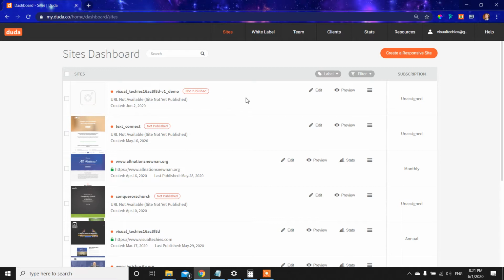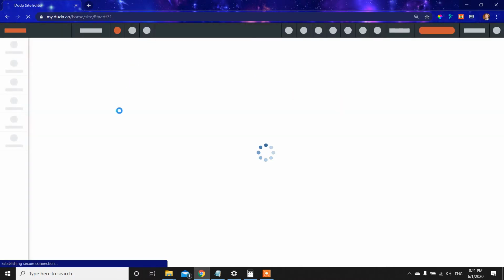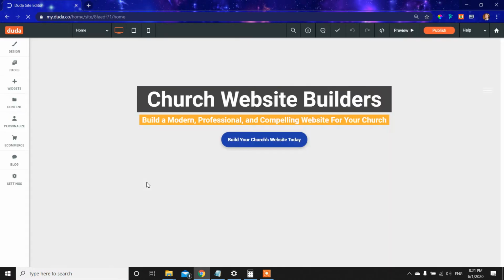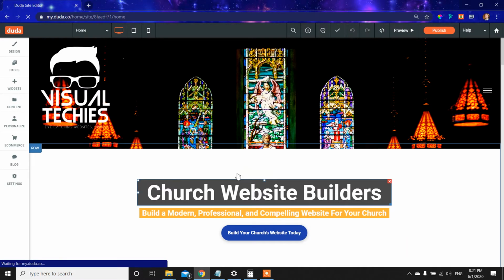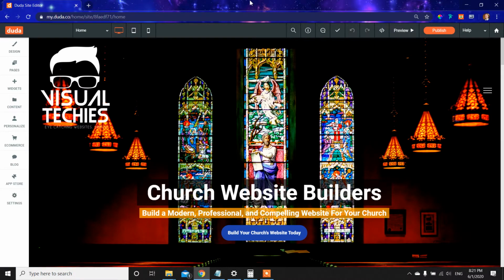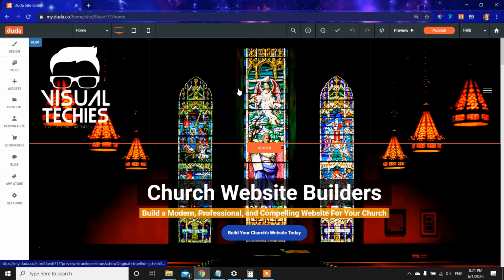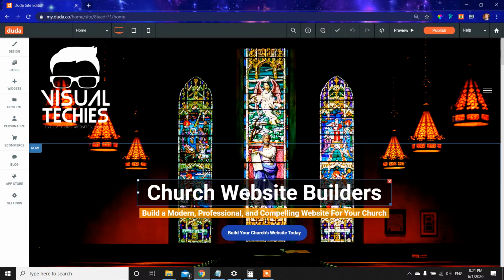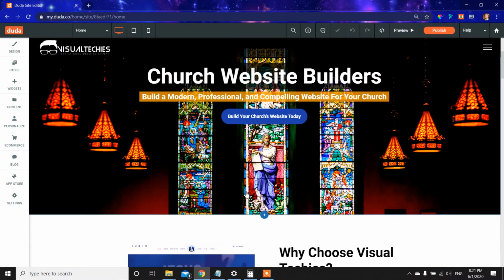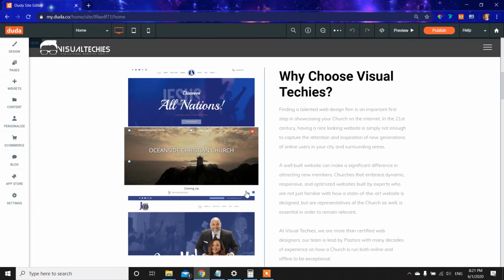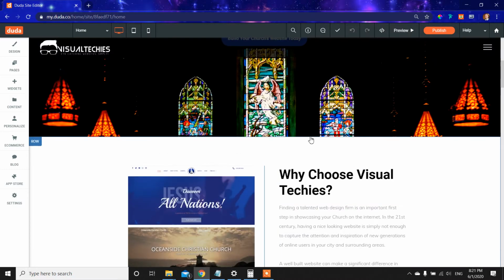If I want to edit a specific site, I'm just going to click Edit once I find the site on the list within the dashboard. And clicking Edit will take me to the editor, which is Duda's proprietary editing software. And it's really quite simple and intuitive if you really take a minute and just explore some of the visual